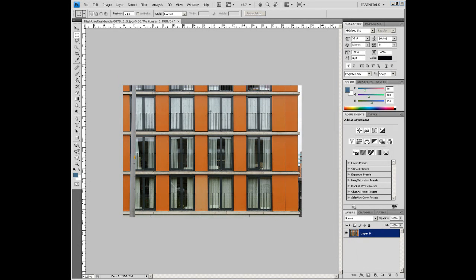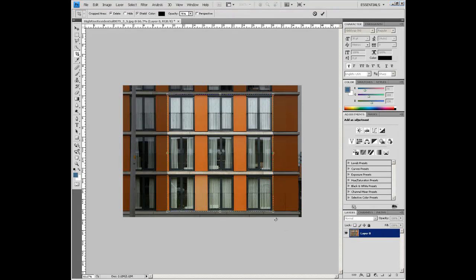So how do I make a pattern out of this? Well, first thing is I've got to choose what I want and then get rid of the rest. So the crop tool is quite useful for that. I'm going to just generally choose that much, and then I need to make a decision, is this what I want? Well, I need these panels here, so I need to come out a little bit more. And I've got the concrete, and I need the concrete probably at the top would be just as good as anything else. Just a little bit, make sure I've got all the concrete